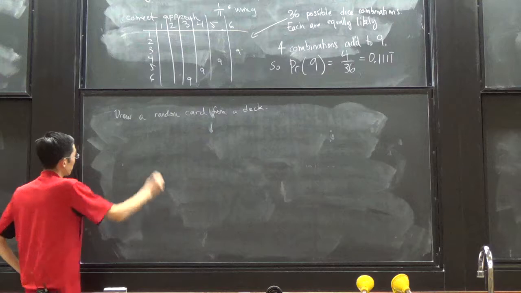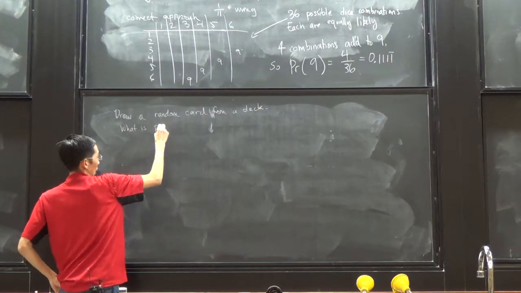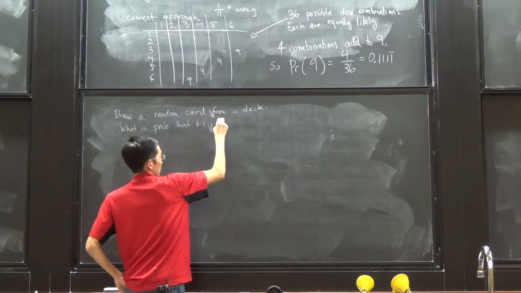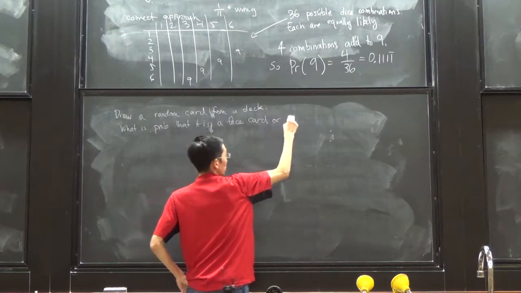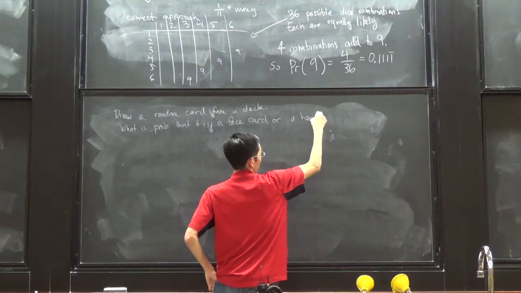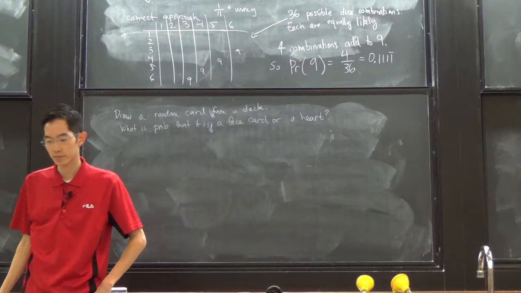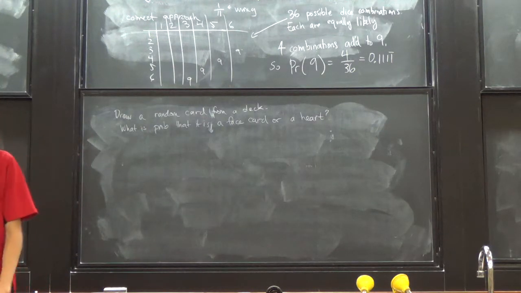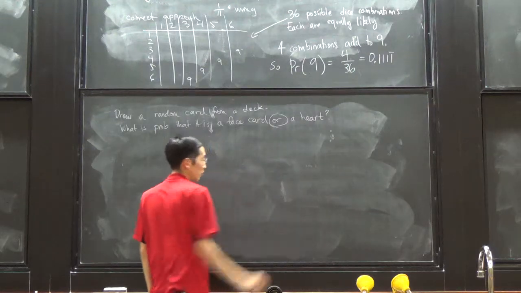And I ask, what is the probability that it is a face card or a heart. Well, anytime you see the word or,